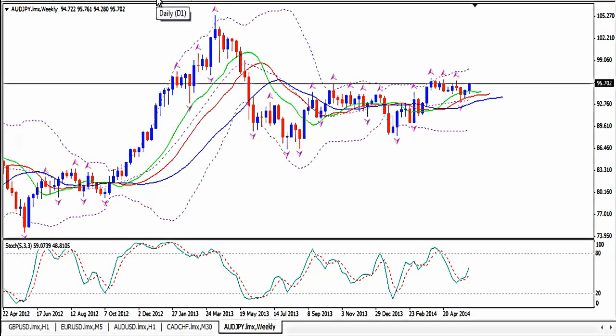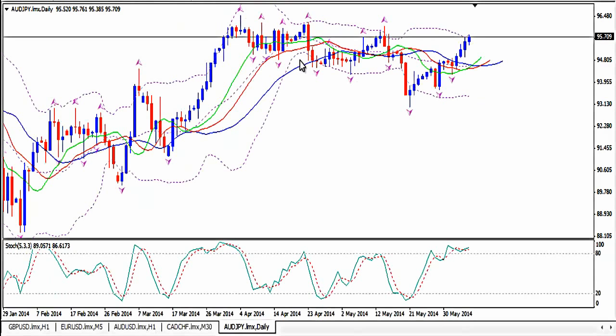But of course we don't enter from such a big time frame, because we have to put our stop loss many pips below, so we go to a smaller time frame. And on the daily we see that the price is moving at the upper Bollinger Band. So although the leading alligator is curved upwards and stochastics go up,